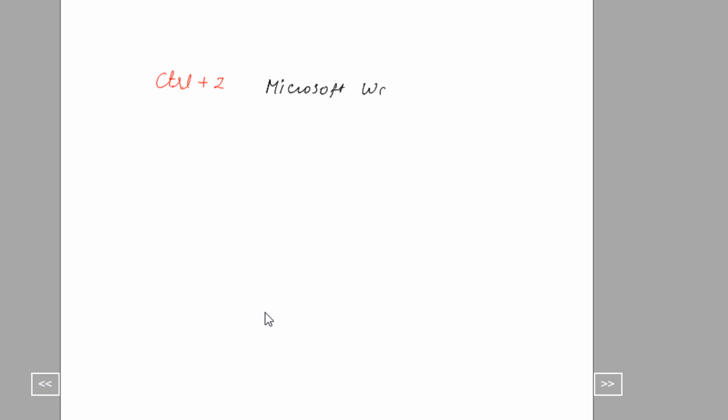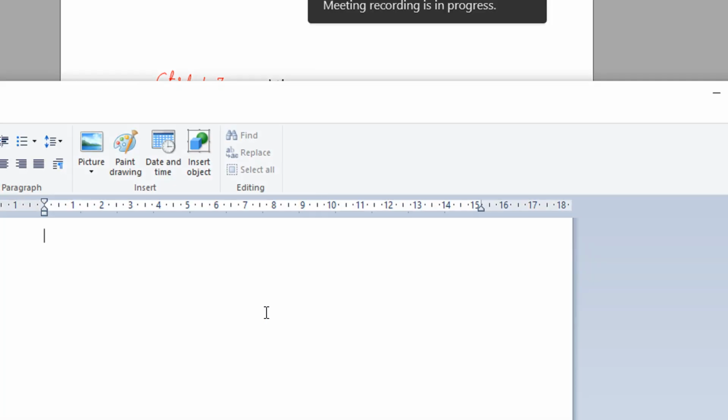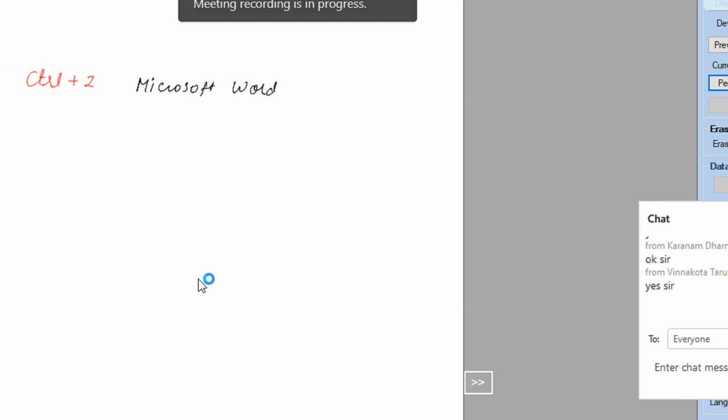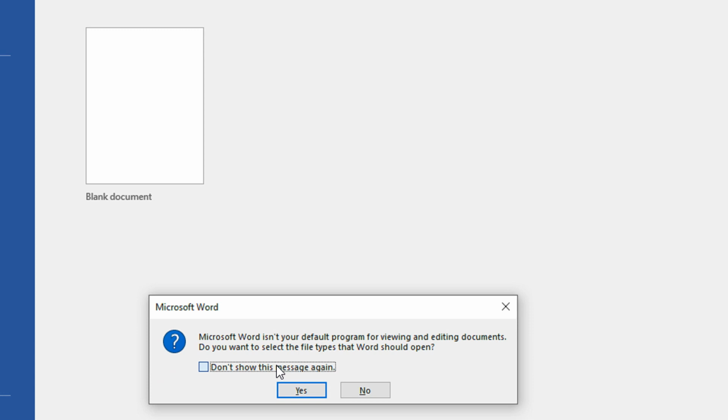Right, Microsoft Word. Let me start it for you. Oh, this is WordPad. Okay, so let me write something. I will write, the batch of 2020 is amazing.